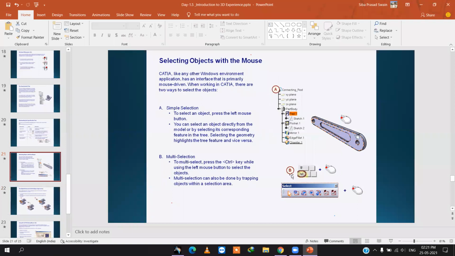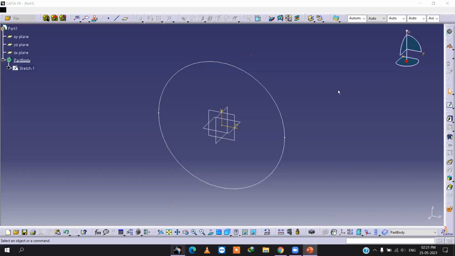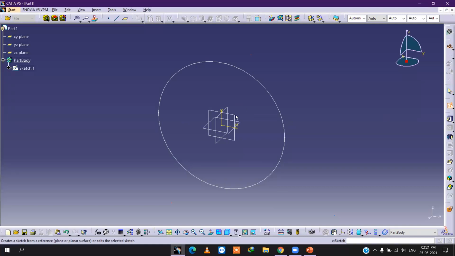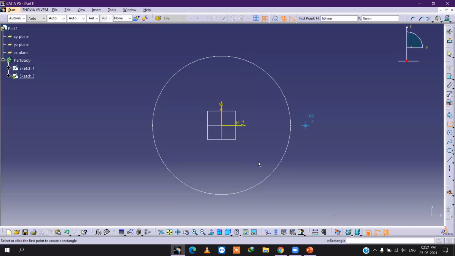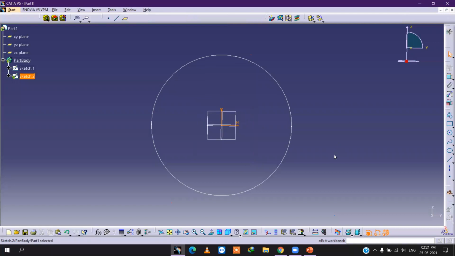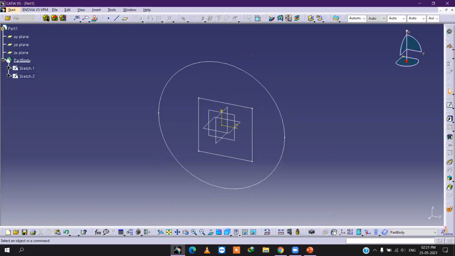By selecting, it is showing over here how you can select multiple products from the tree. By pressing the Control button and the left click, you can select. Okay, wait one second, we'll do something. Suppose I want to sketch, then first I select one, then I hold Control, left click, and again select this one. For multiple selection, we use the Control button.